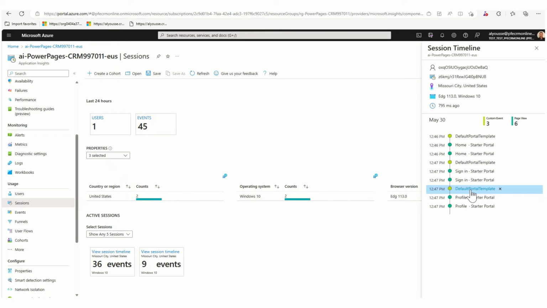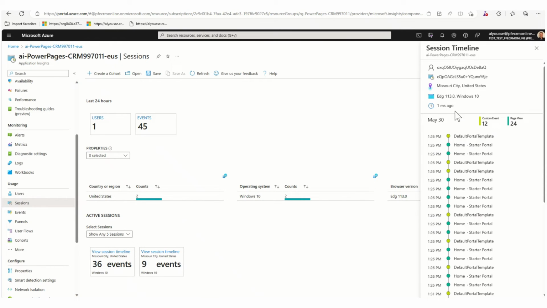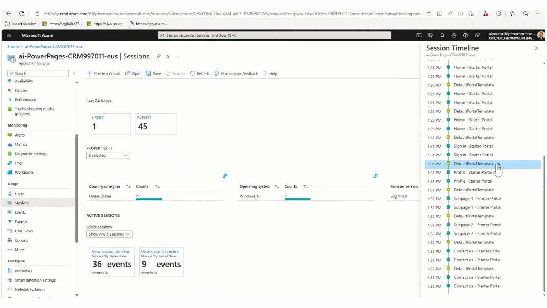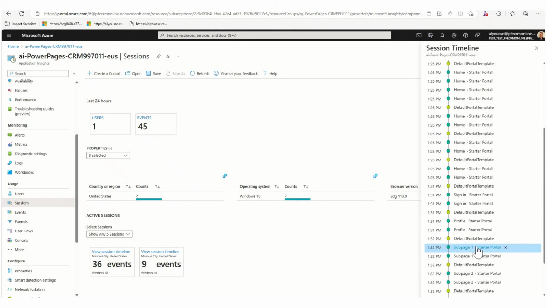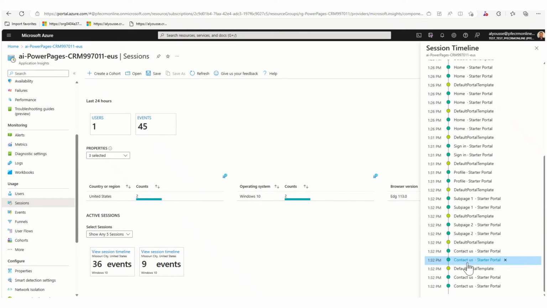We had the sign in, the default portal template, etc. But what's this one? See, this one looks a little bit closer to what we were doing. So let's go look at this session. So default portal template. We went to the home page. Remember we clicked on subpage 1 and subpage 2 and then the contact us, and then we did. So if I click on one of these,